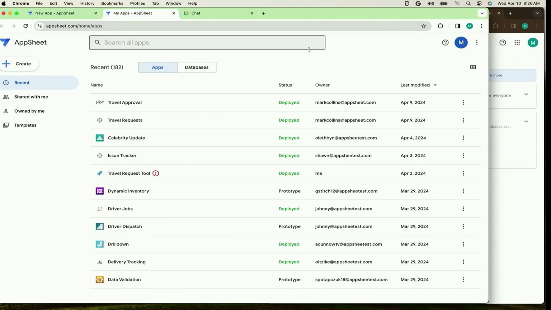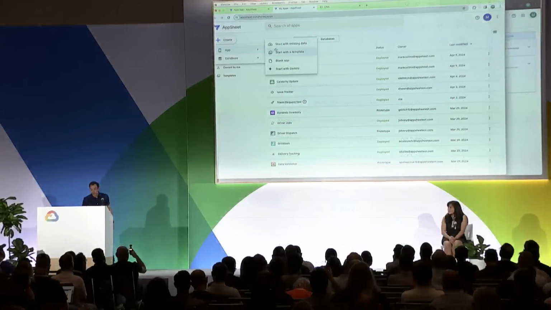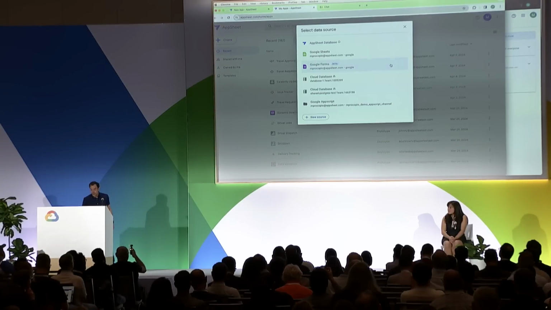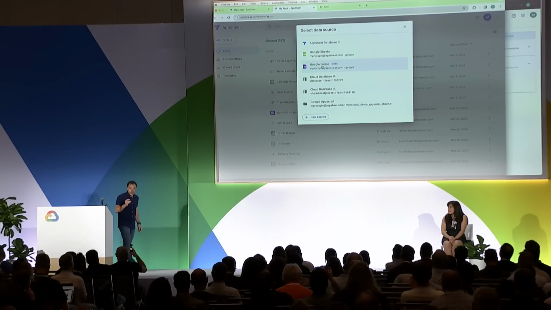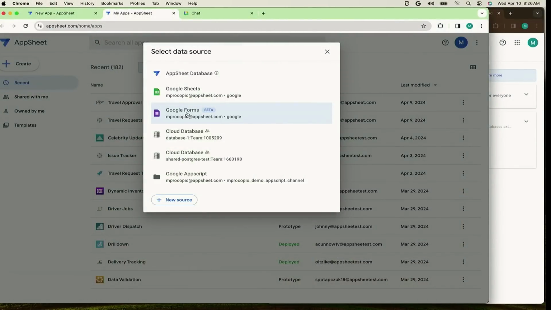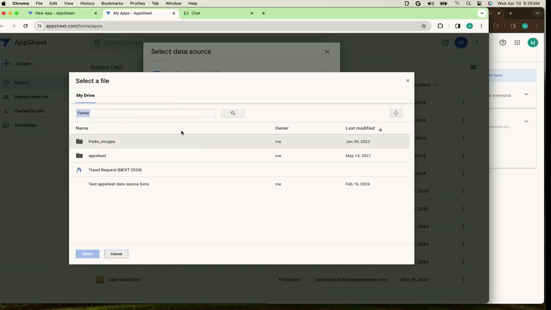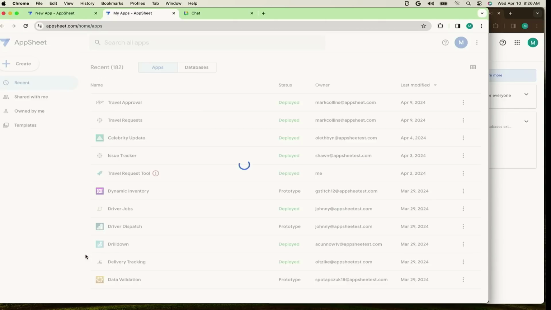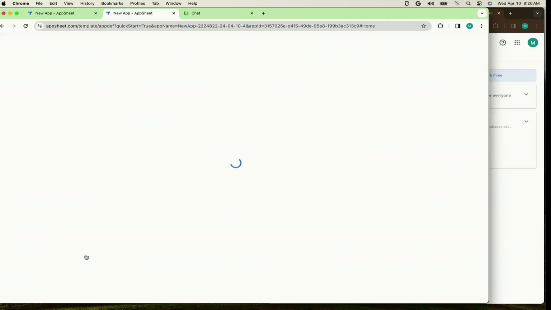Okay, so we're going to demonstrate two things here today. The first, we're going to see how easy it is to create an AppSheet app based on Google Forms data. It's simply create an app, start with existing data, make a new app, and coming soon, in a few weeks, we will see this option here, Google Forms, which will be released as beta. You select Google Form, and then we can immediately choose the Google Form that we have access to. In this case, it's a shortcut that appears in My Drive as the app creator here. And in a few moments, we will have created an AppSheet app from this Google Form.